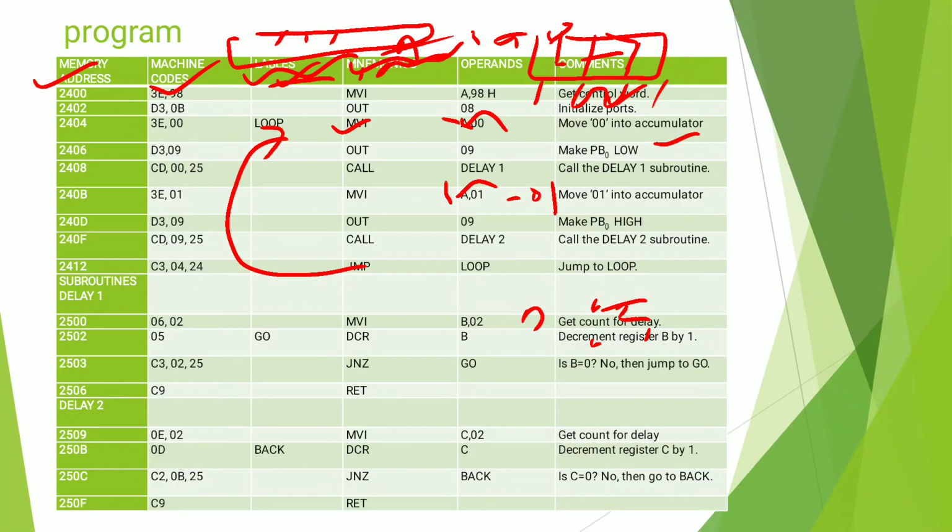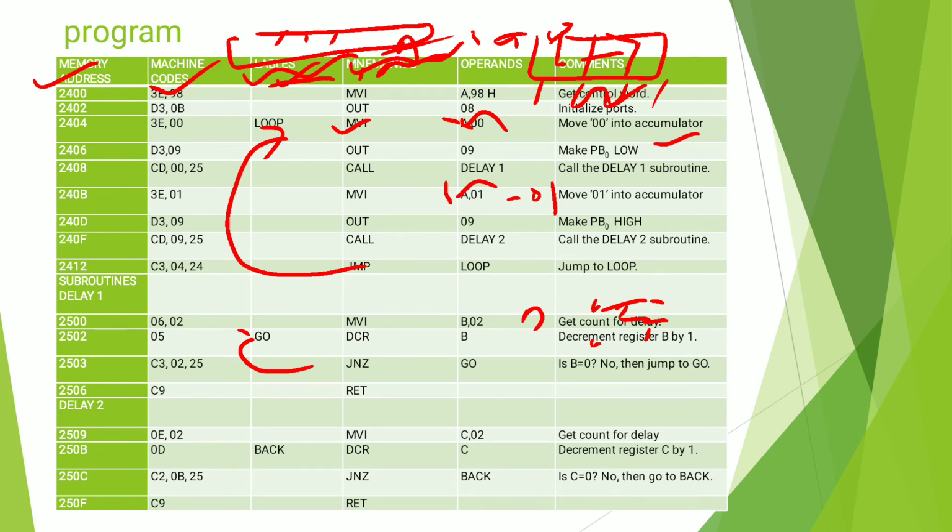JNZ GO. Is B equal to 0? Count is going on, so there is no jump. Then go to the label. Is B equal to 0? No, then jump to GO at the label. Then the RET instruction is executed.